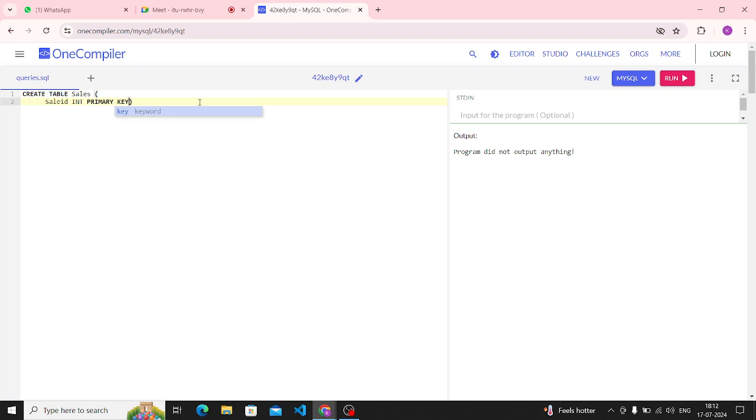So here we created our first column, which is sale ID. It is of integer data type, and this column is the primary key. Now we'll create the second column, which is product name,